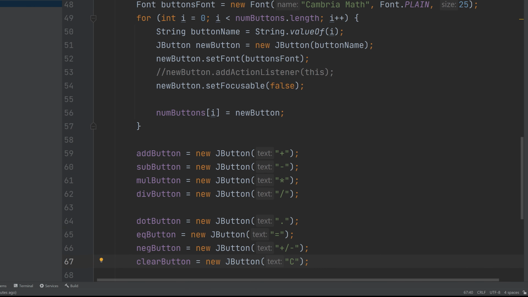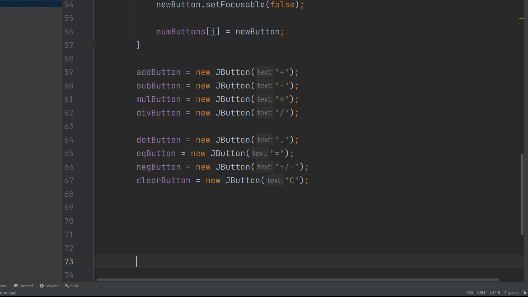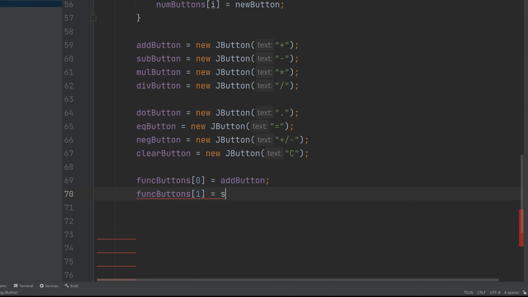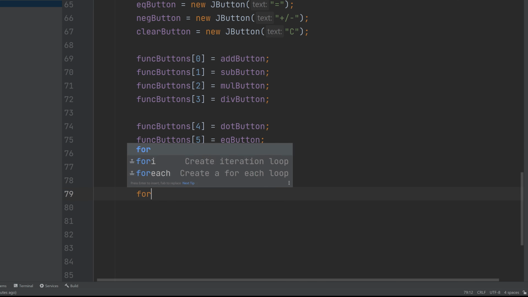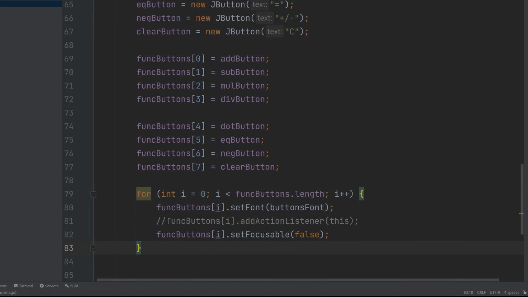We first instantiate them using the attributes within the calculator class. Every button contains a different text based on the operation it needs to perform. Then we add the functional buttons to the funcButtons array. This will make it easier to apply changes to all of them, as we are going to see in a moment. After that, we loop through the funcButtons array to set the font, add the action listener, and make the